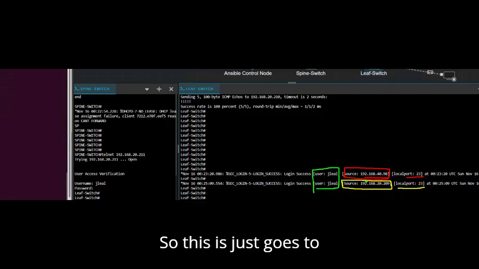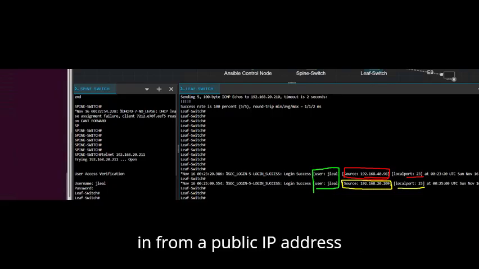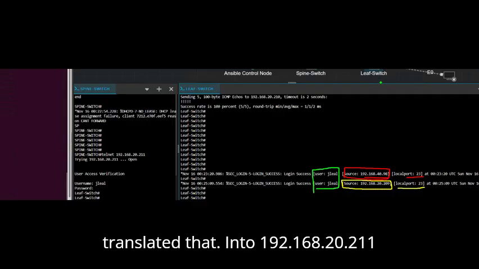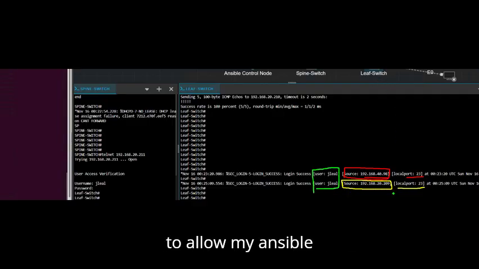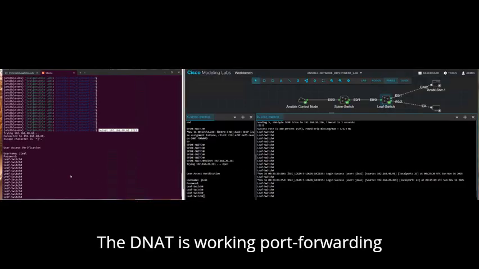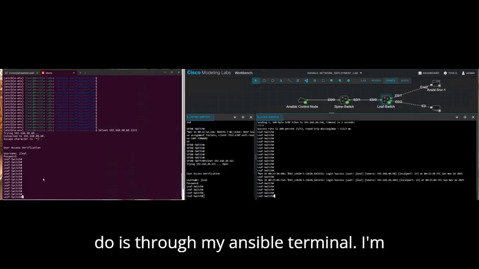So this just goes to show that the DNAT is working. Whenever the packet came in from a public IP address, in this case 192.168.40.98 on port 2023, it converted that into a private IP address and translated that into 192.168.20.211 to allow my Ansible control node to log into the switch. The DNAT is working, port forwarding is working, and now what I'm going to do is, from my Ansible terminal,